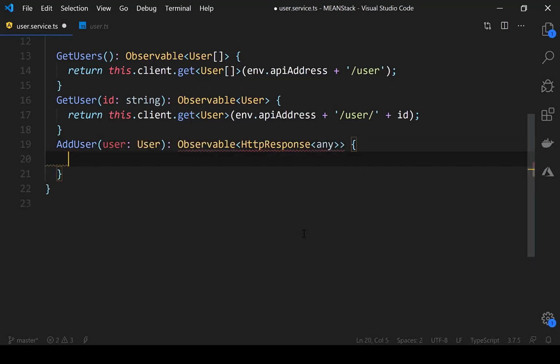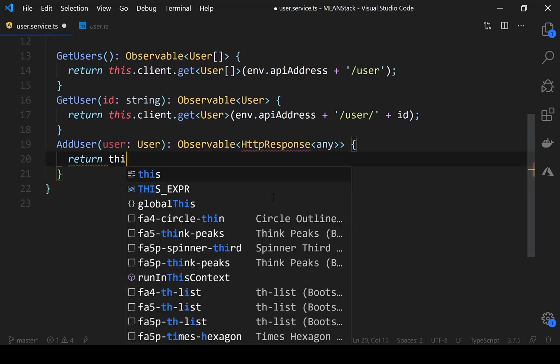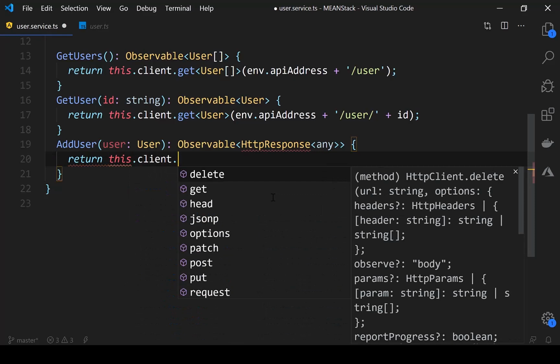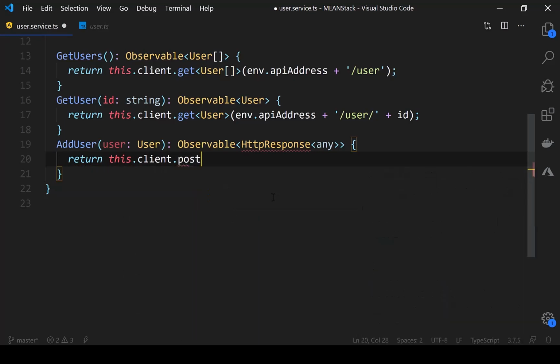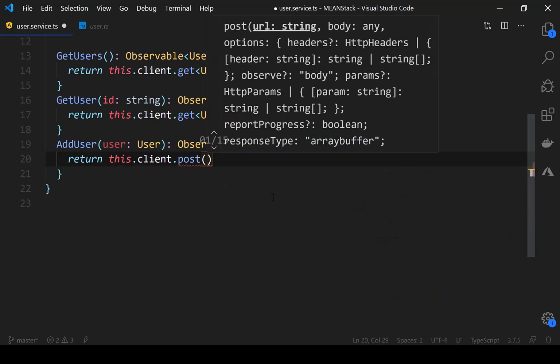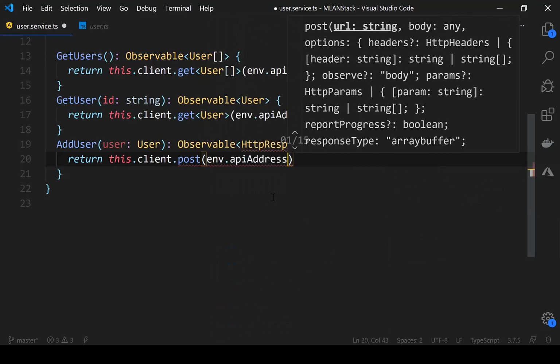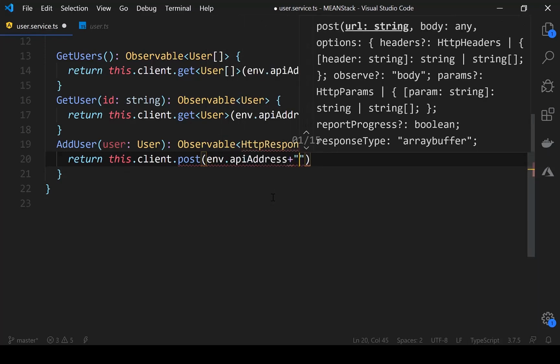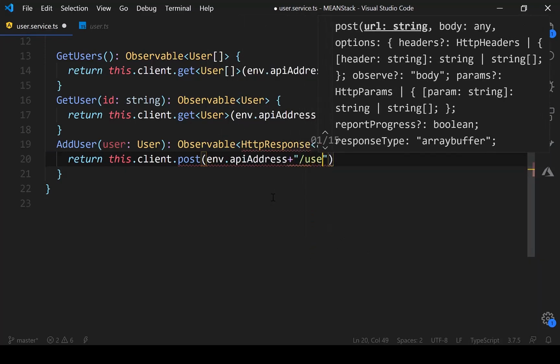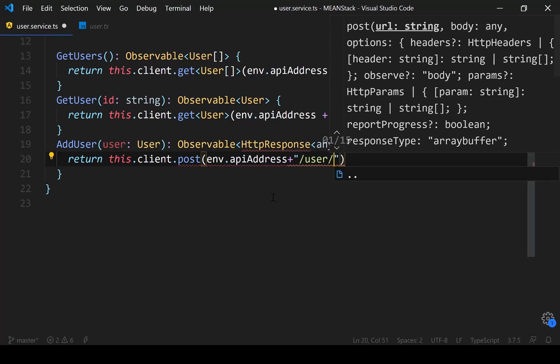Now here we need to return something from here, because its return type is observable, HTTP response any. So using the HTTP client we can make the post request here. So let's use this.client, then call here the method post, then use the environment variable. So environment, then it would be here API address plus the API which we are willing to call. So we are willing to call here user API,